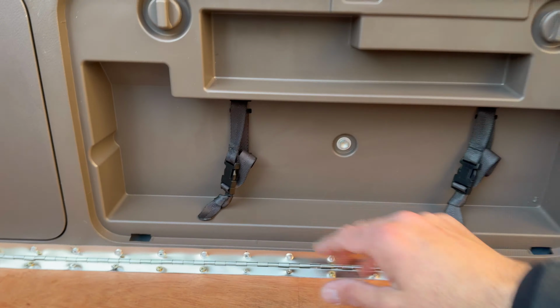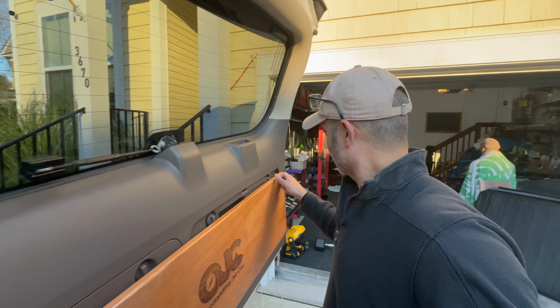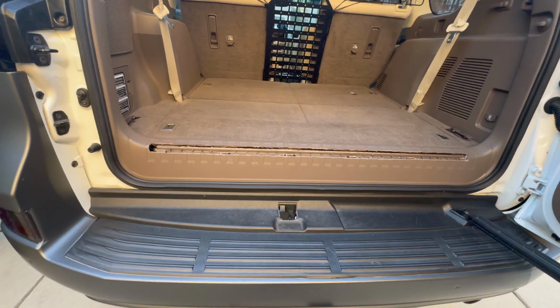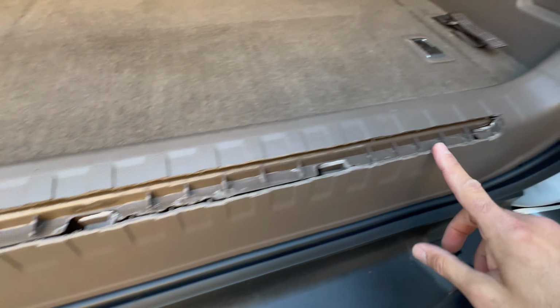Now, here was my problem. When I initially installed this, I measured twice. I promise I did. And what ended up happening is it was too low and it wouldn't close. Now it closes perfectly, but I had to do some modifying to the back. So I edged out and then edged out the top, and they're clean cuts. Thankfully, it's not just a hole, a black hole, but so I've got this piece here. But now, when I close it up, like I said, it's shut. But now you'll notice, climbing the back,